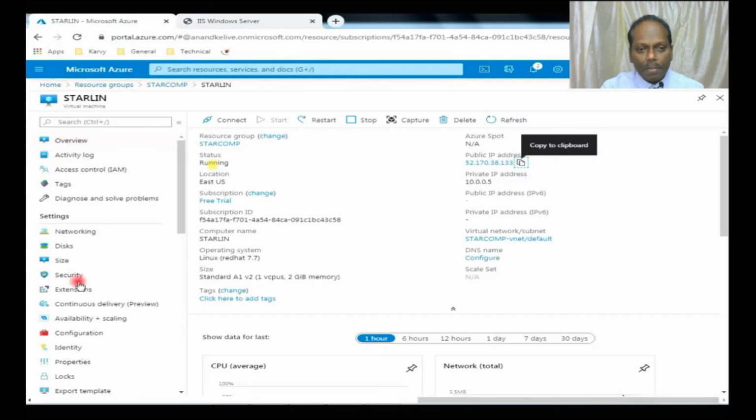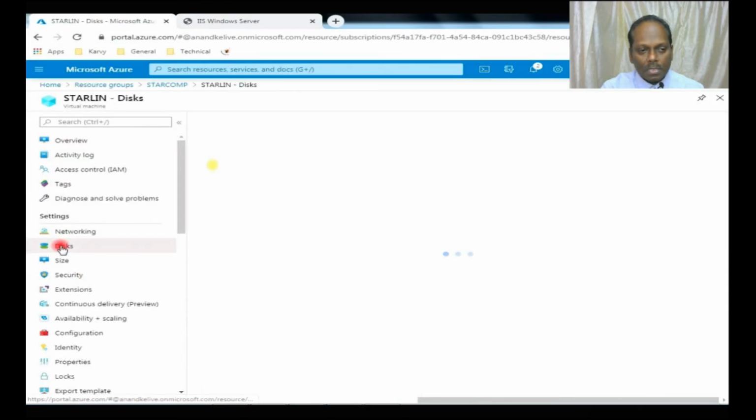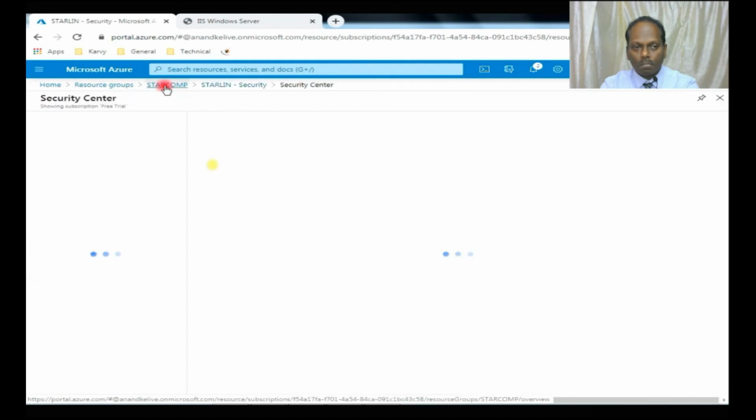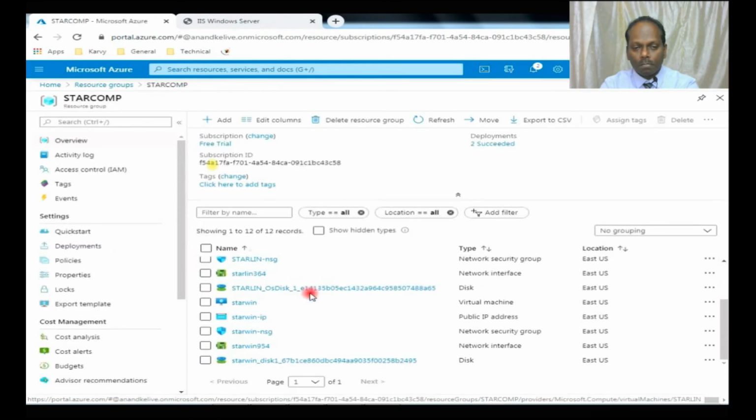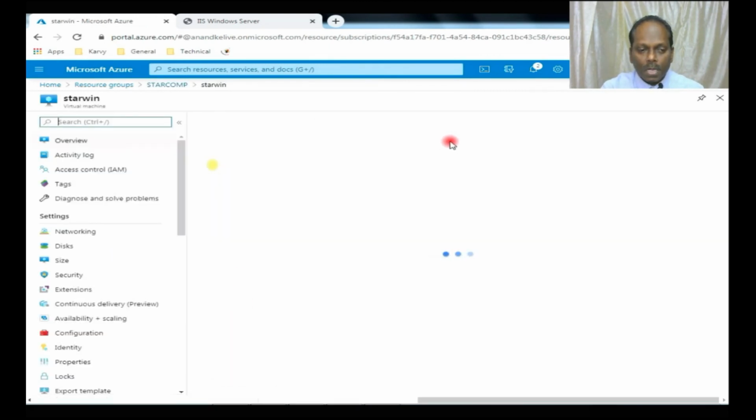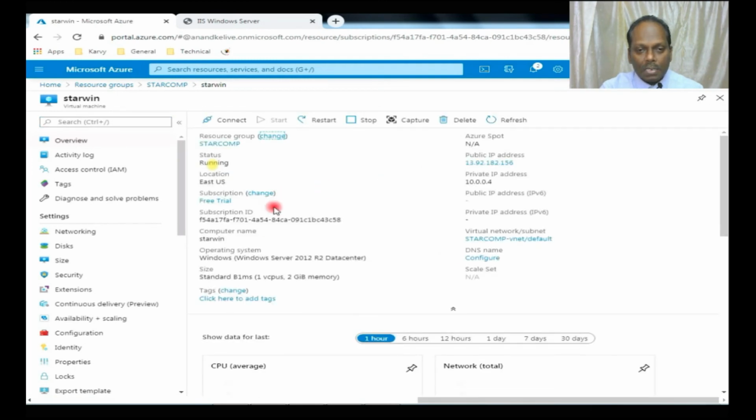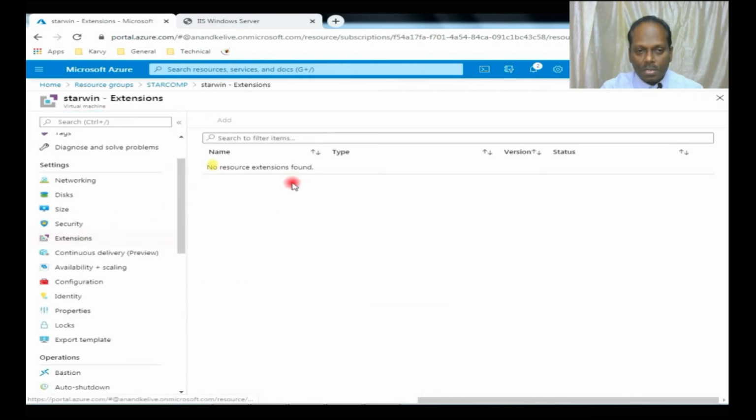Meanwhile, let me add a software in this. I am selecting this Windows machine. Now I'll show you how you can add a software, I mean extensions. So here there are no extensions.